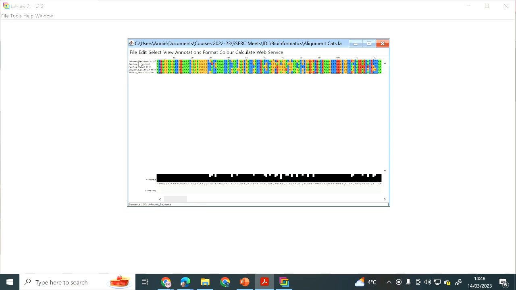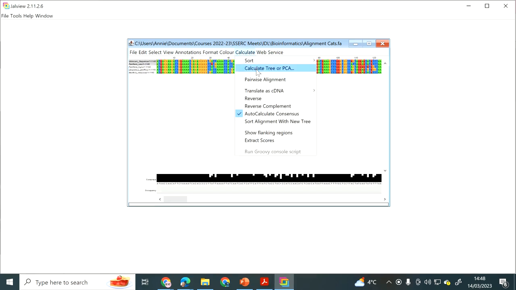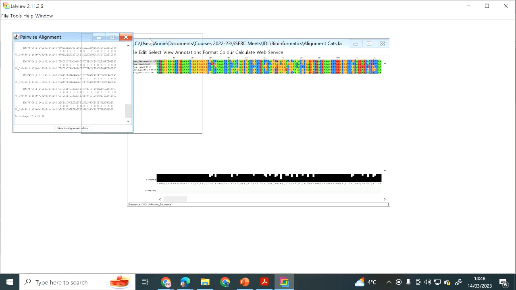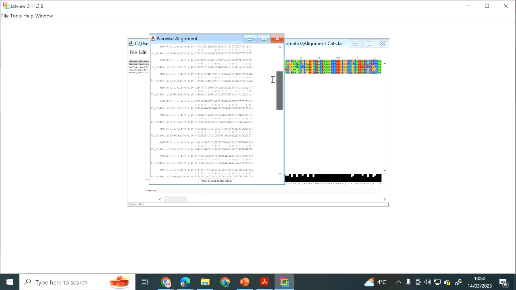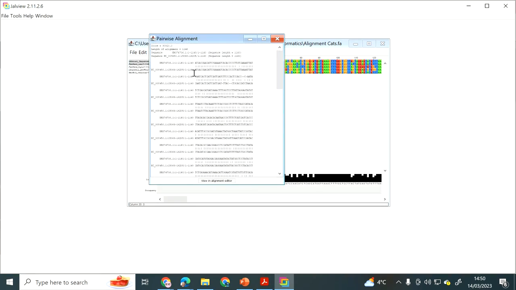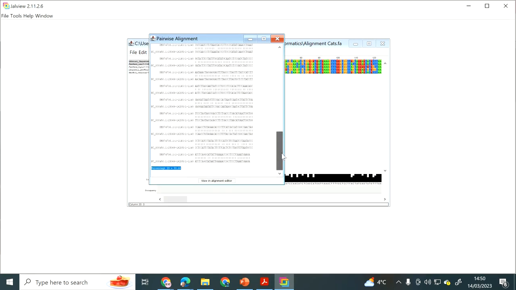To do that, you're going to left click on the first one, hold down the control key and select the second one that you want to do a pairwise alignment. Calculate pairwise alignment and you get a new window. That will show you in this window, if you scroll, the pairwise alignment between the 2 different sequences, and then right at the bottom it will show you your percentage